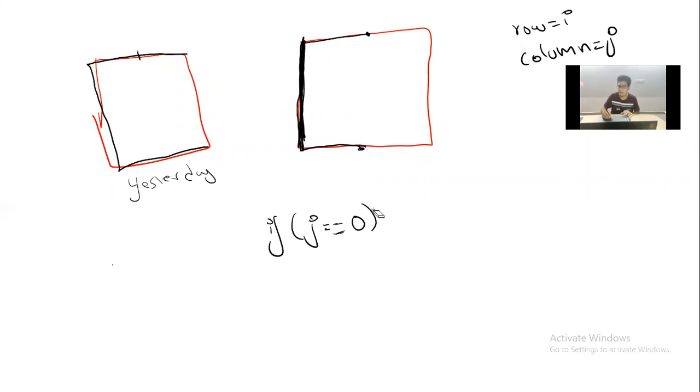Then after telling that, I have to use OR operator, right? I have to use OR operator. Now you want to draw this line, right? You want to draw that, that is a row. So it is which row here, right? It is the first row. I is equal to 0. But if you tell I is equal to 0, don't you think everywhere here I value is 0? Yes, everywhere throughout here, I value is 0. So if you're telling I equal to 0, complete line it will print.